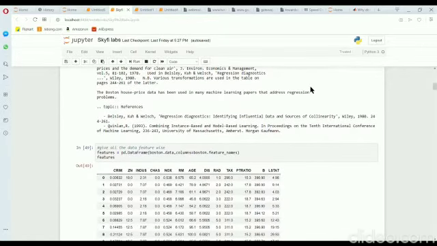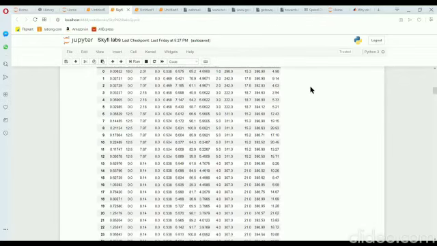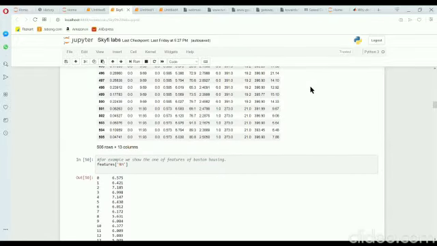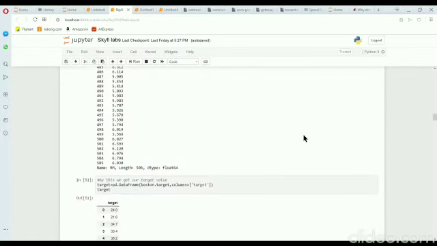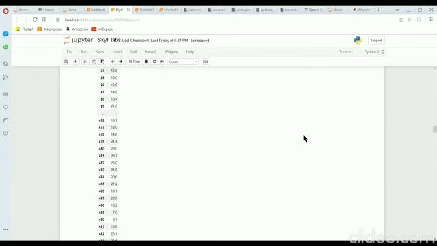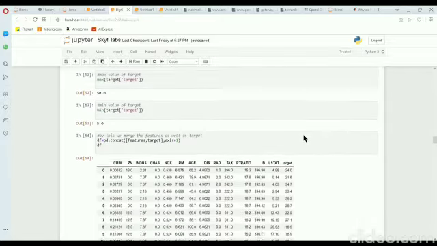And we make a data frame of all the features with column names, feature names, which are CRIM, ZN, INDUS and many more. And if we want to print a unique feature such as RM, then we print like this. And if we want to print the target value in a data frame, then we write like this. And if we want to find the maximum or minimum of any feature or the target value, then we write like this. And now we concat the features and target in the same data frame.